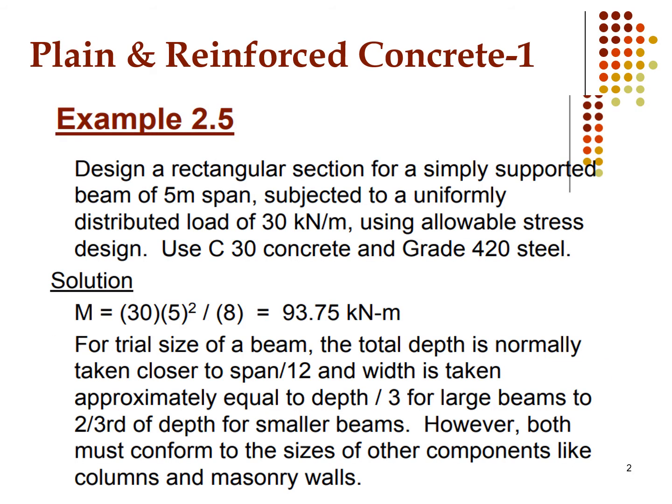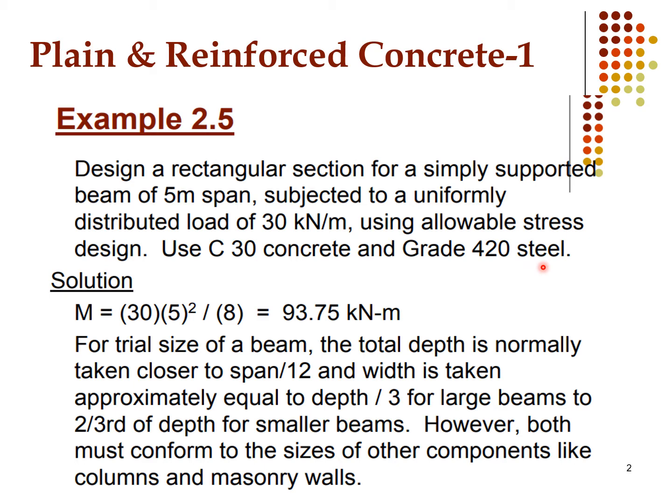The statement for example 2.5 is: design a rectangular section, a simply supported beam of 5 meter span subjected to a uniformly distributed load of 30 kilonewton per meter, using allowable stress design. So we need to design a beam using the allowable stress design method. Use C30 concrete, meaning f'c is 30 megapascal, and grade 420 steel, meaning fy is